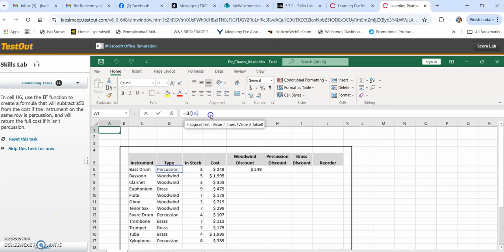So in this one, you're actually going to put in an if function. We're going to go to cell H6, and you're going to start with equals IF, and then we're going to hit tab, which will give you the parentheses, and we're going to click on this cell, and then you're going to do IF D6, comma,